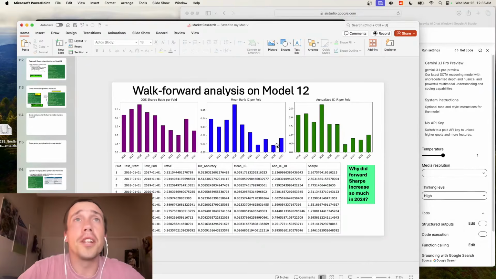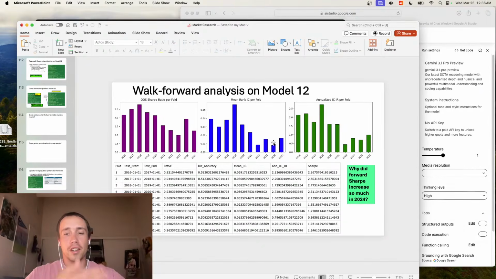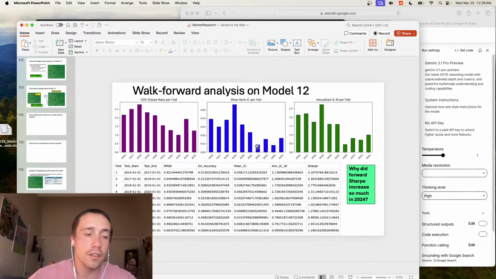So basically, what this is showing is that if everyone's using the loophole, it gets arbitraged away. This strategy was really good, but it got arbitraged away in 2022. And that makes sense. This is when machine learning was really getting big. Everyone was using machine learning, all the data scientists at this time. So a strategy that's just using price data, it makes sense that it fell off there.